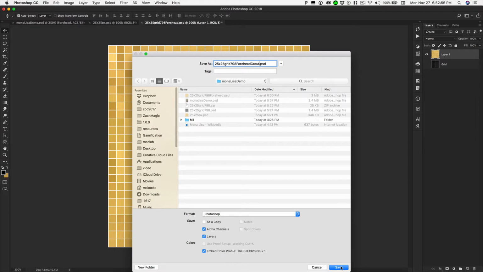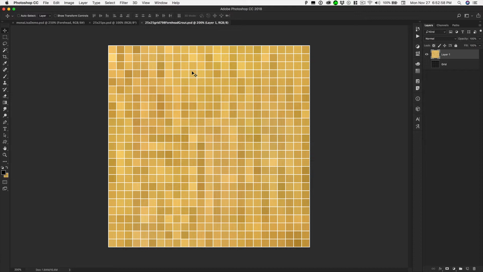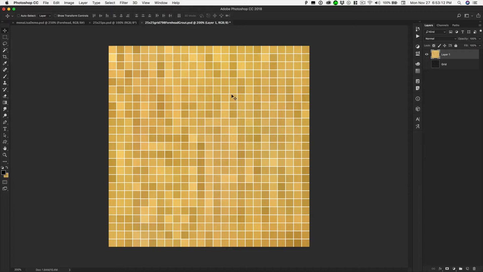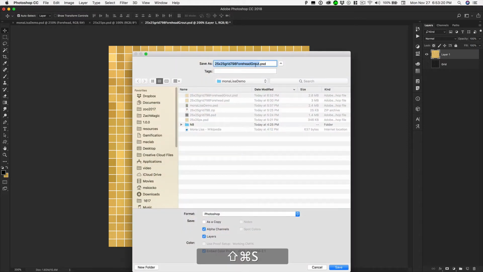And that way we'll have this file. And if we ever, Option Command C, hey, I want the grout, but I don't want the outside. Remember, it's 4 pixels. We can just go back to 798, tab 798, and hit return twice. And now we have our file back. And if you wanted, we could do Shift Command H and call it,